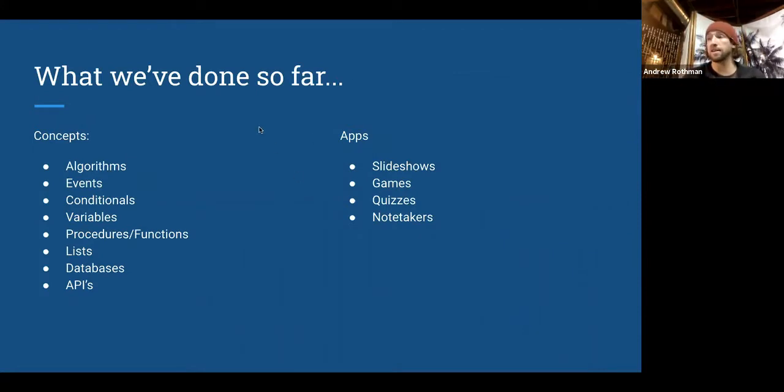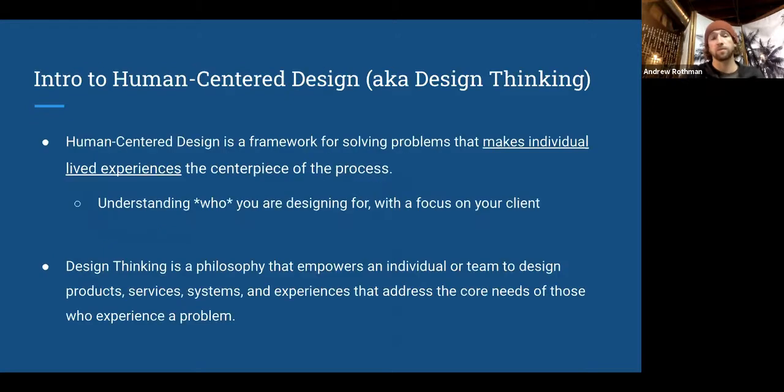And I think that on the positive, in the 13 weeks up to this point that we've been together, you guys have gotten a lot of background information and had a lot of practice with these concepts. And now we want to bring it together towards something real, something meaningful. We want to take all these skills, the app design and the computer science concepts, and bring them together. So this is what we're going to do.